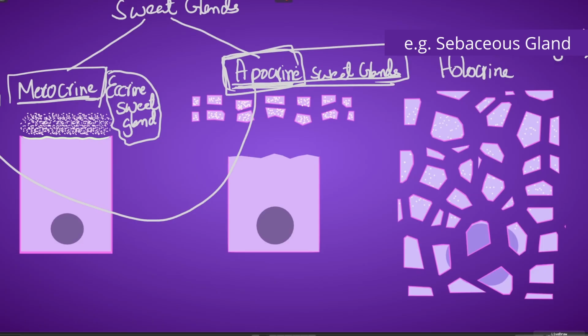And by the way, this aspect is still slightly controversial among the authors. Some very famous textbooks still say that apocrine sweat glands release their secretory products by apocrine mechanism. Even in their latest edition, they insist that they release the secretion via the apocrine mechanism. But anyhow, I will not go further into that debate. Our focus of lecture from this point onward will be about the development of these two types of sweat glands.